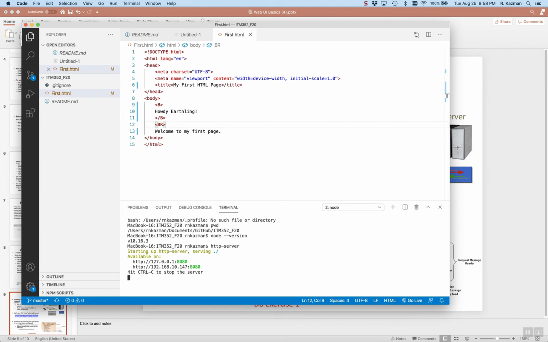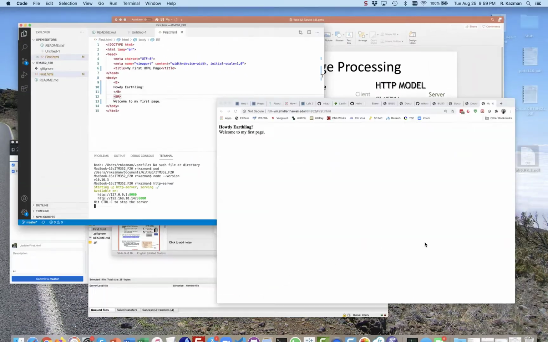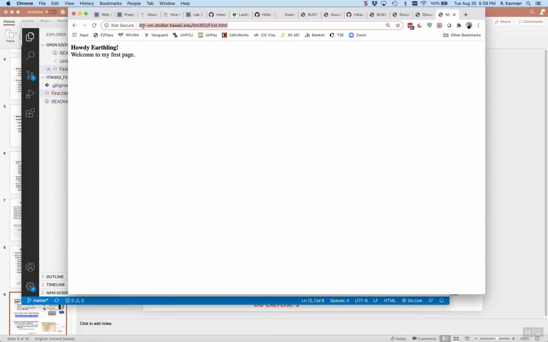Means the current working directory. Whatever folder you're in, it says that's the root. That's where I'm going to look for files. If you give me a request, I'm going to look for files in that folder. Just like if I tell you I'm at 40, I have to tell you what the street is. It's King Street. It's Punahou, right? It's something. I have to tell you what that route is so you know where to walk to find number 40. Okay, so now I can go back to my browser, and rather than specifying ITM, VM, blah, blah, blah,